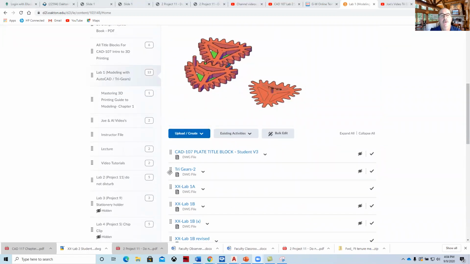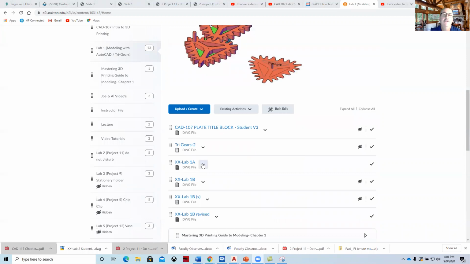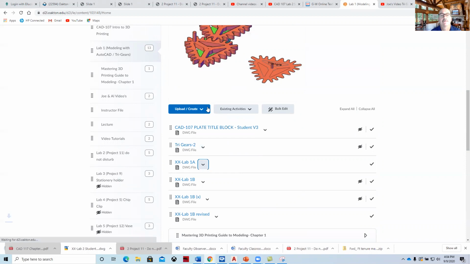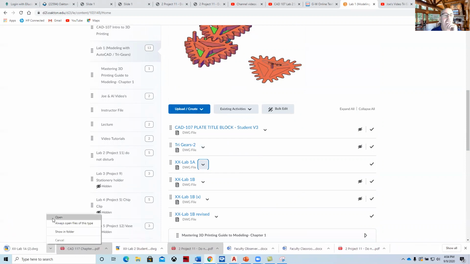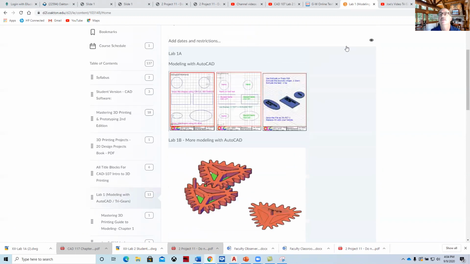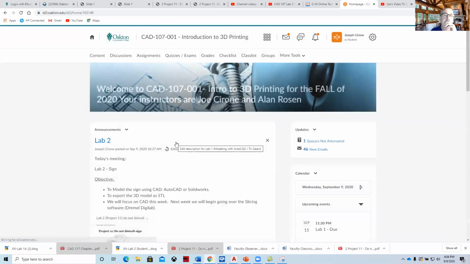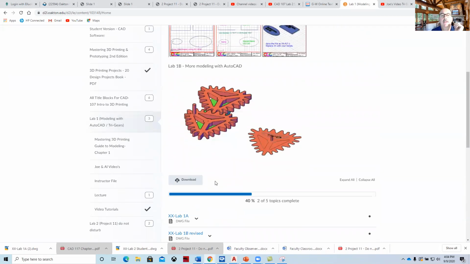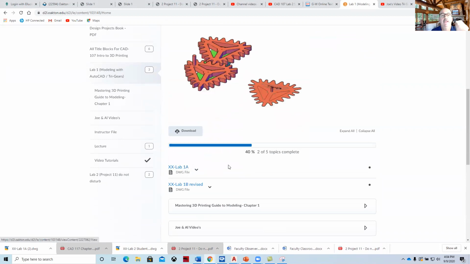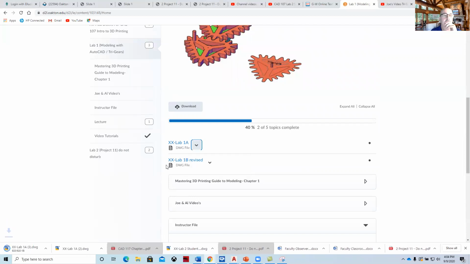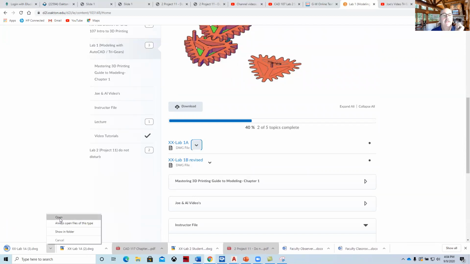If we were to look at this Lab 1A drawing file, we download it and then open it. I'm sorry, I've got to switch over to a student view so that we get the right one here. Okay, so here's Lab 1A, and then there's 1B. If we go here and download it, and then open it,